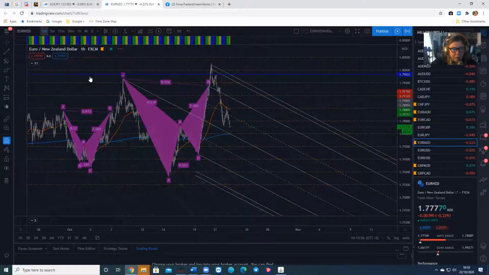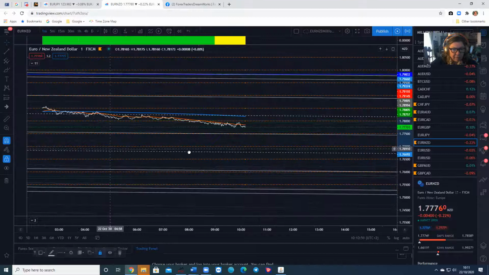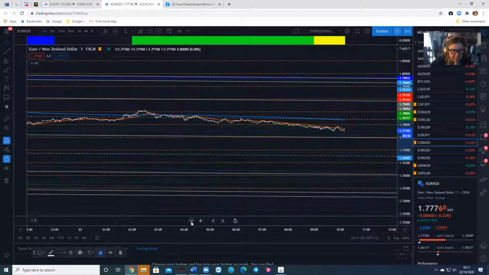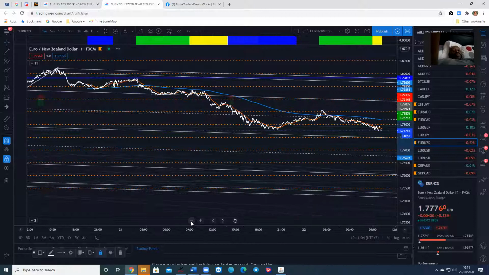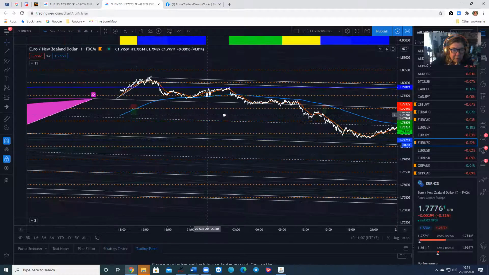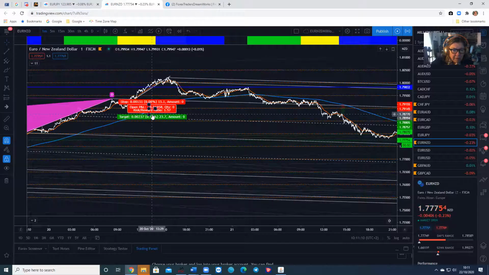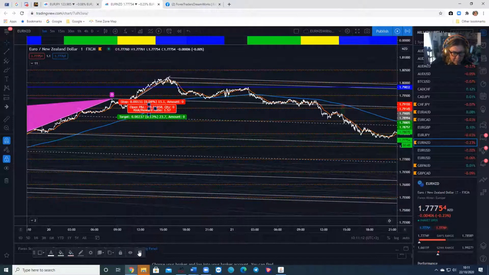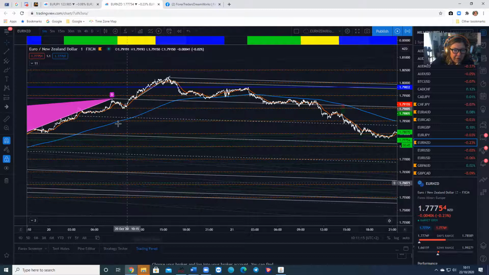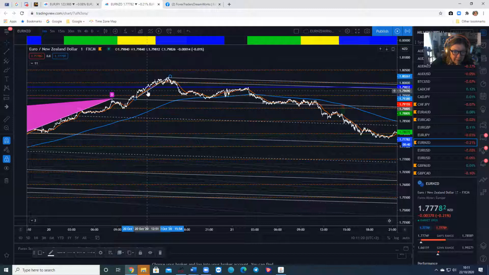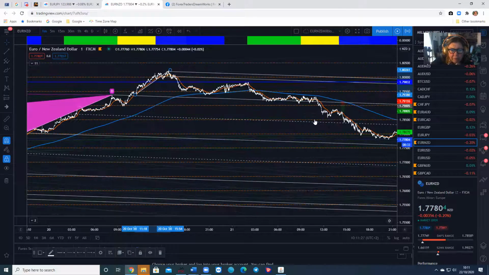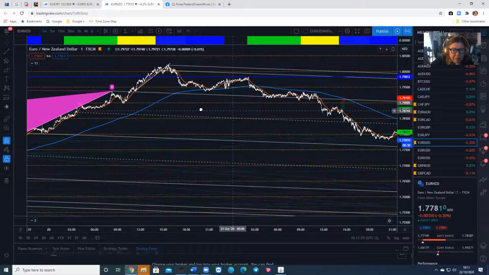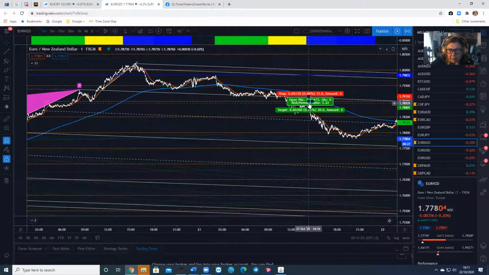So let's have a look on the 1 minute. And what we like about this strategy is we know our pairs, we know exactly how they're going to move, what speed they are, and which ones behave nicely. Now this is a fast pair, but it's Chance's favourite. He's the guy that we learn this strategy off, and he says this is the only one he gets greedy on. So therefore, it's my favourite. If it's good enough for him, it's good enough for me.